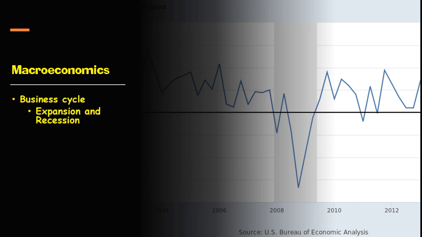So what topics do we need to talk about? Well, number one, and these are not in order of importance, these are just in the order that the author of your book decided to put them in there. The business cycle. Over time, our economy goes up and down. And if you look over to the right here, that's a graph, and we'll see the whole graph in a little while. But you can see from that graph that our economy has periods where it's going up and periods where it's going down. We call that up and down movement the business cycle.